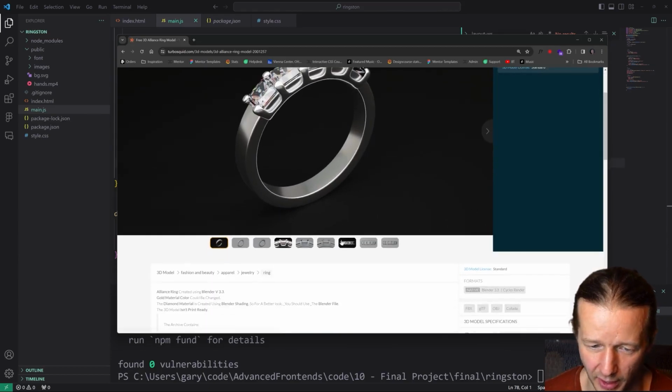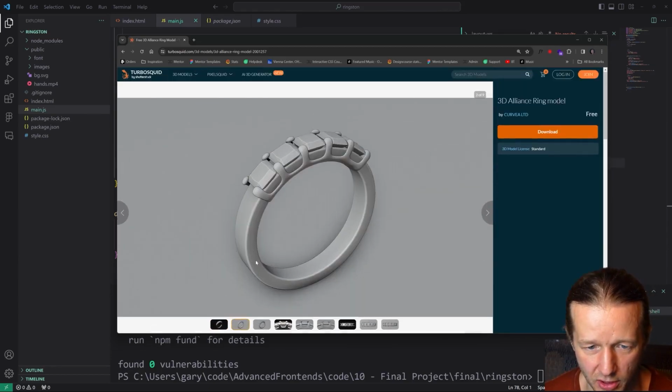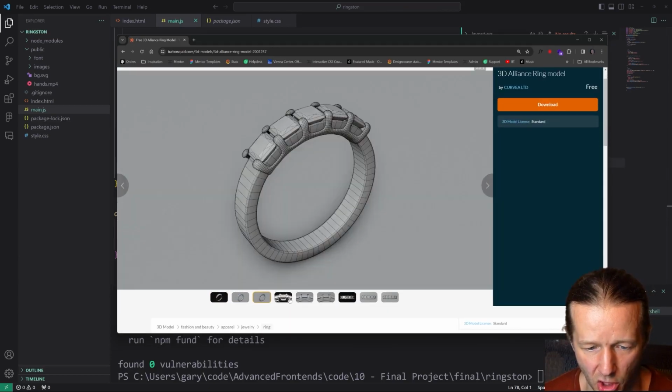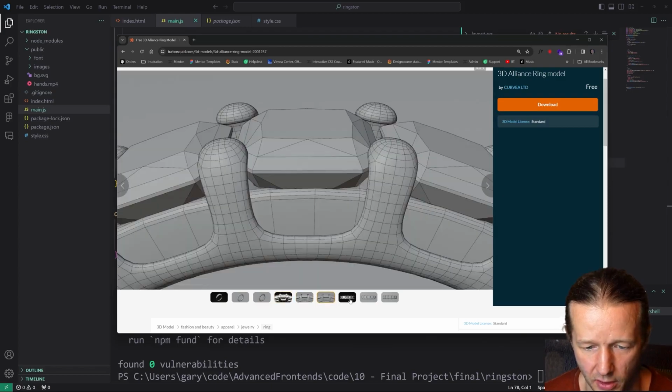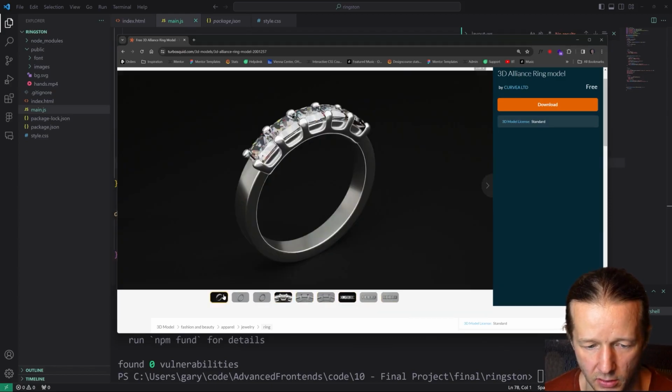And I believe this is the one I'm going to be using, and it gives you different looks at the geometry and all that good stuff, and looks very nice. And if you click on download,